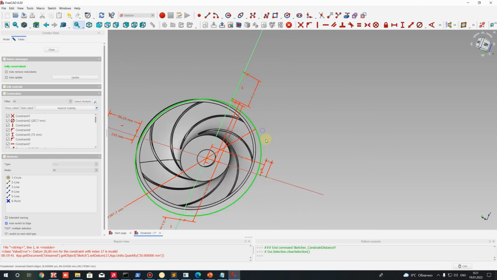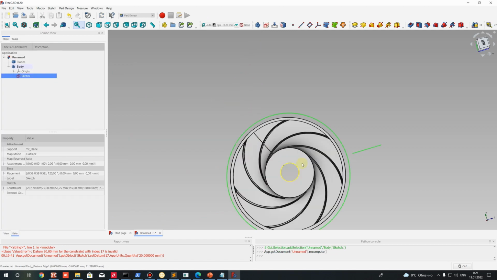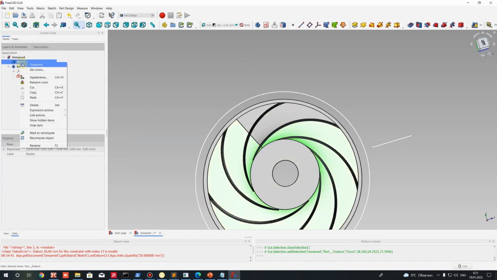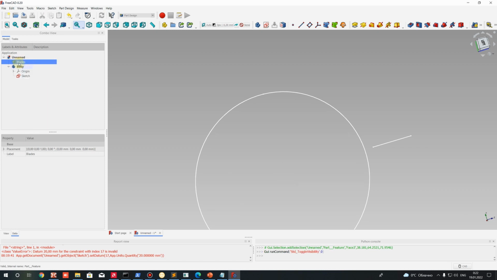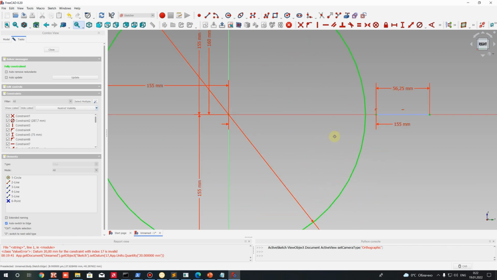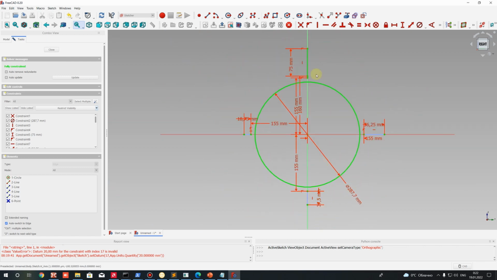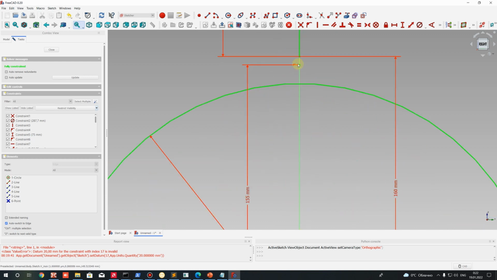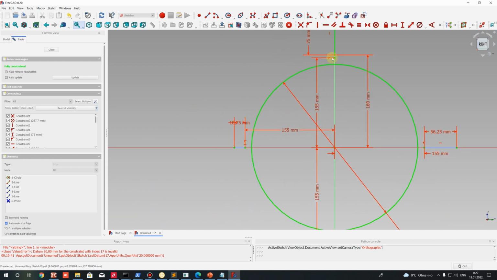I will just close the sketch, and I think I will hide this 3D model, hide item, but no, it's not what I want. Just press the space button on the keyboard. Let's go to Sketcher, and you will see here the parameters of our volute, and this point we have,